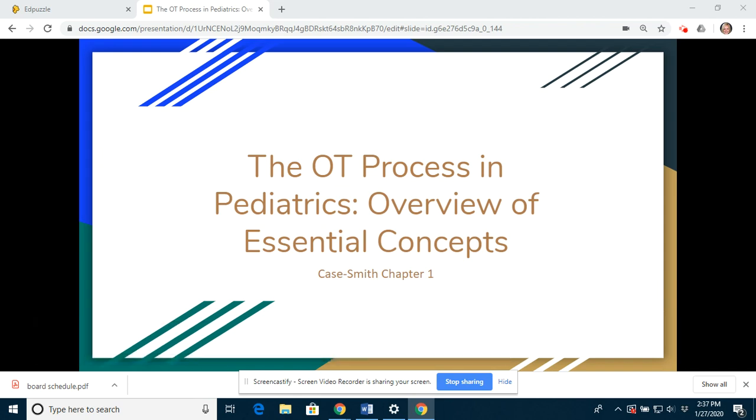Okay, welcome to Chapter 1 of Case Smith. In the OT process of pediatrics, this is just a real quick essential concepts overview. So we're considering pediatrics birth through 21 for this class and for general knowledge purposes. So when I say that